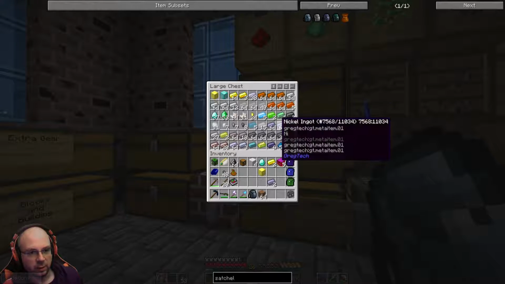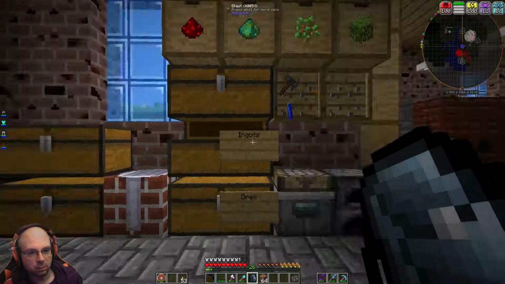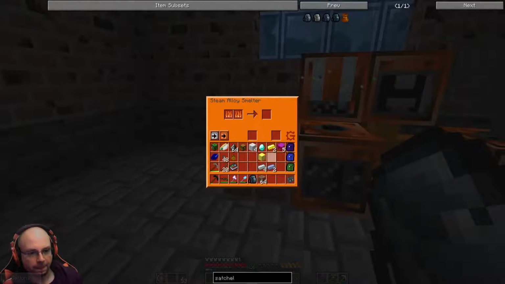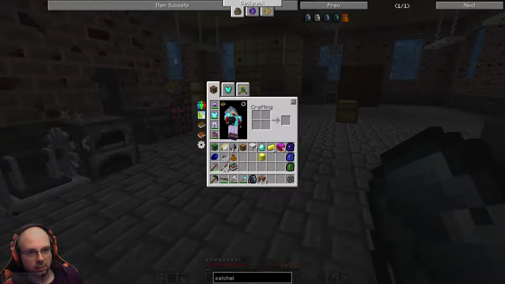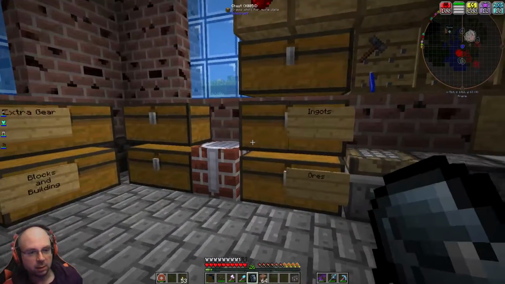We're going to need 2 ingots, so 4 iron and 2 nickel. Let's see if we can put it in here. Never know. 4 iron, 2 nickel. Oh, hey, it's going to make it. And then I just need some 10 ingots. Oh, well, you know what? We'll increase the size of our satchel